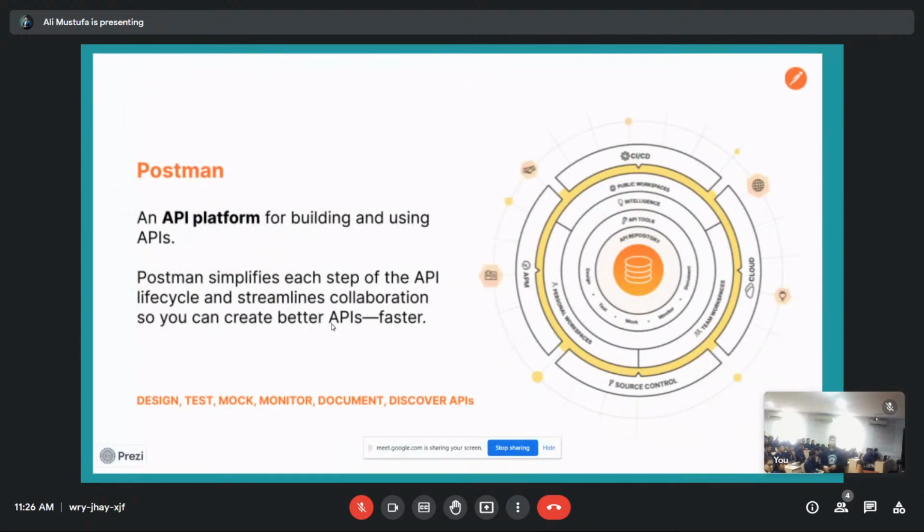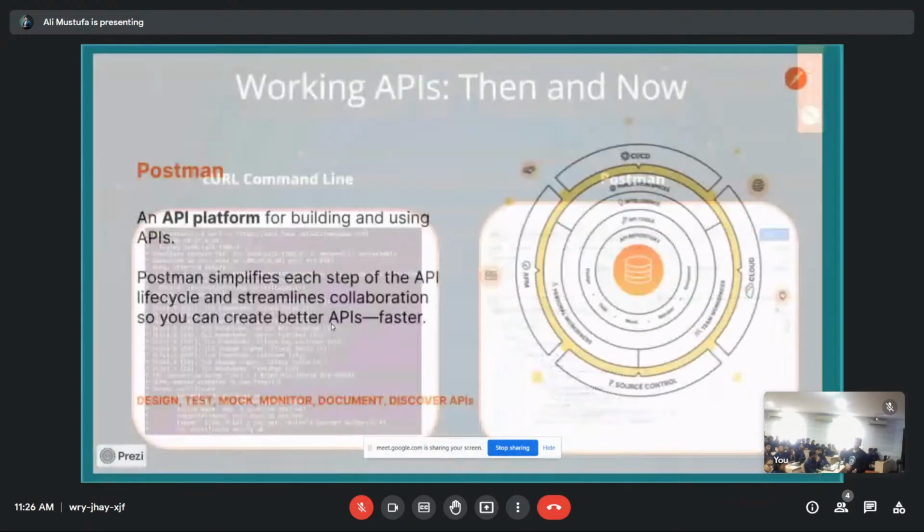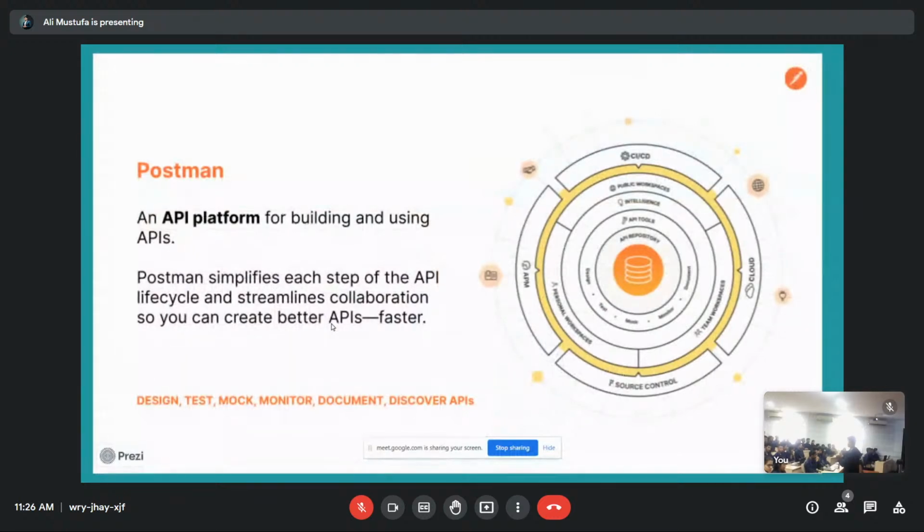So, what's Postman? We understood about APIs and we know that they're everywhere. What about Postman? Why do we talk about Postman then? Postman is an API platform. I will not just say that it is an API platform, but it's a collaborative API platform. What does that mean? Let's say you are 5 people, all part of one team.